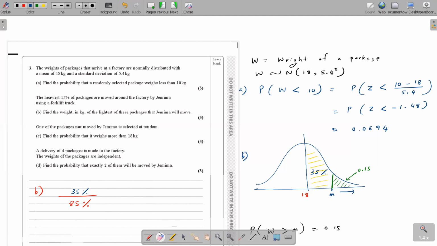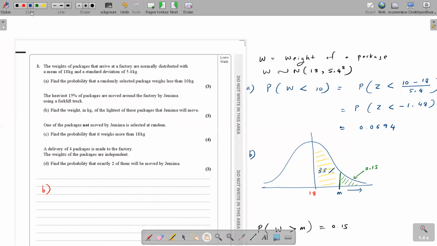You know what? Shall we write it a little bit? I mean, this is the answer, but because they have given 4 marks, shall we write a little bit? Okay, that's all that you need, the understanding. So actually, this is what we call a conditional probability. Do you see it's a conditional probability because you have to take only that 85% area. So then you have to find the probability that the weight is more than 18, given that the weight is lower than that M value, that 23.6.